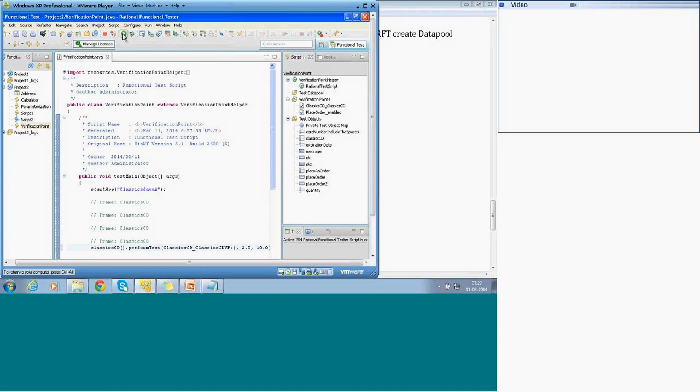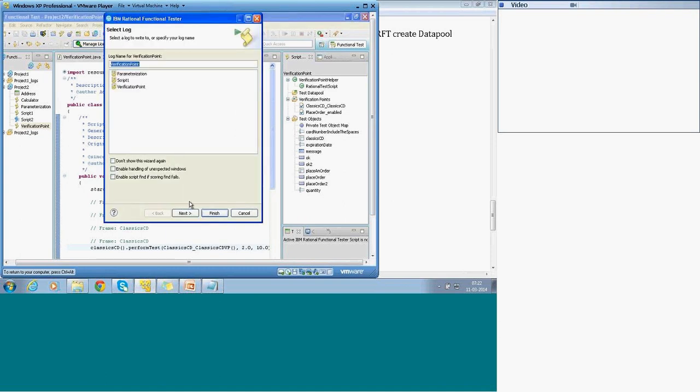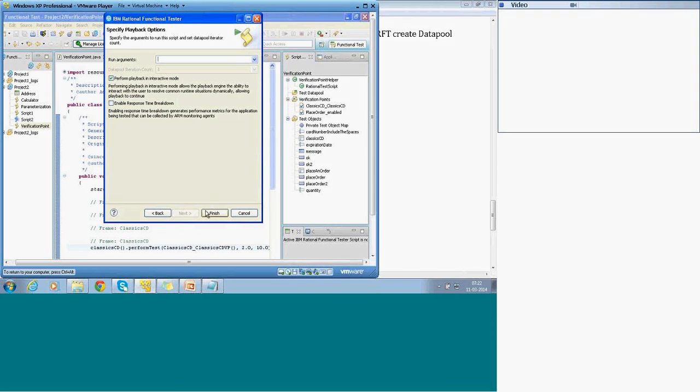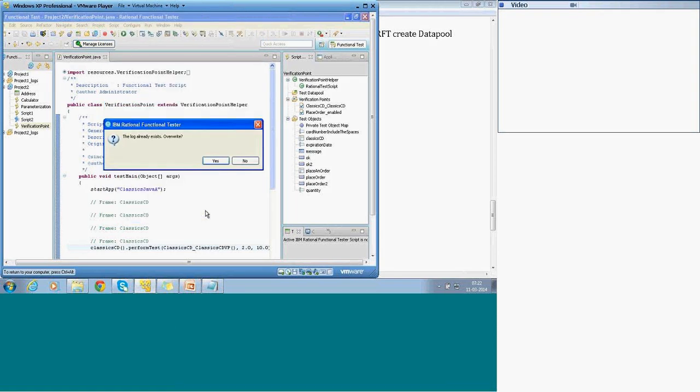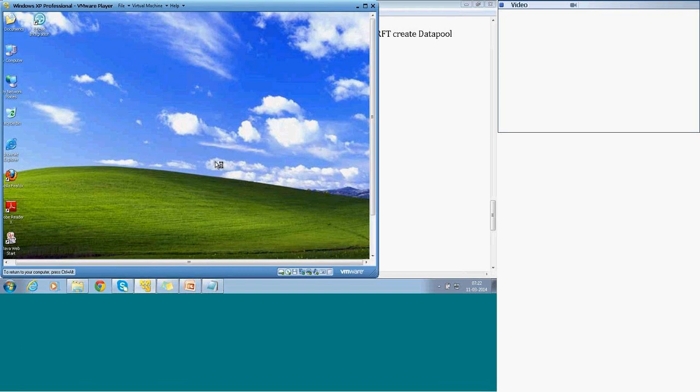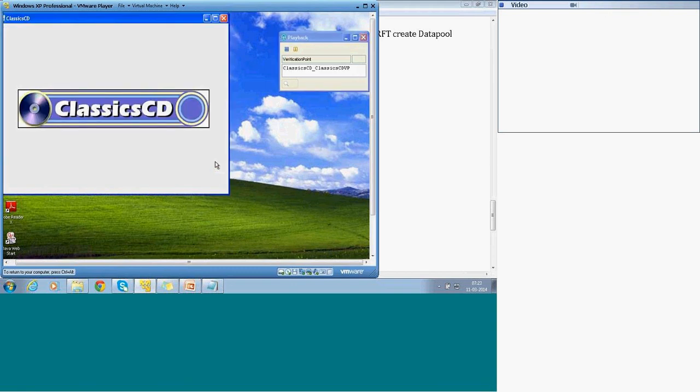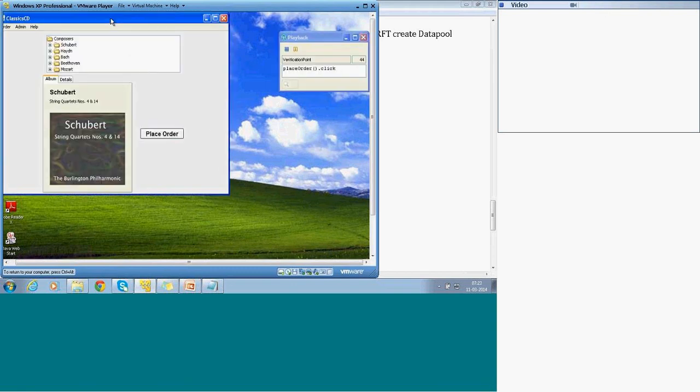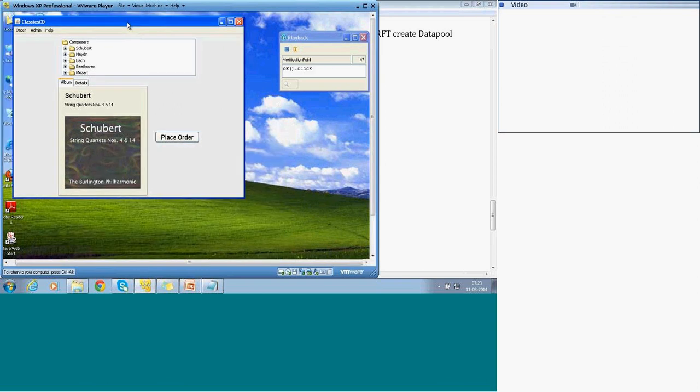Now, in case it fails, we will wait for the verification point to act upon. He opens the application. 10 seconds he will wait in case it is failing. Otherwise, he will keep selecting the object.